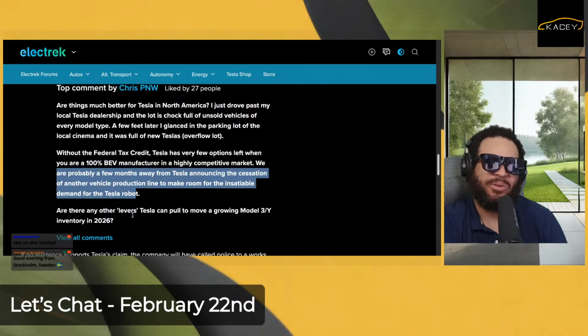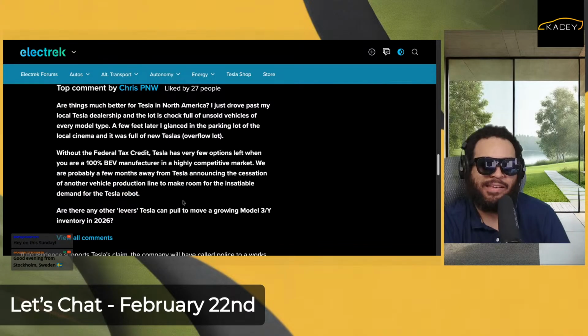So which one would be next? I would say Cybertruck or Model 3 is next. And they have a Model 3 Standard, so I would suspect that it would just be Cybertruck if they were to cancel another one. And given the finally properly packaged Cybertruck, then it would probably be that one at the end of the week.